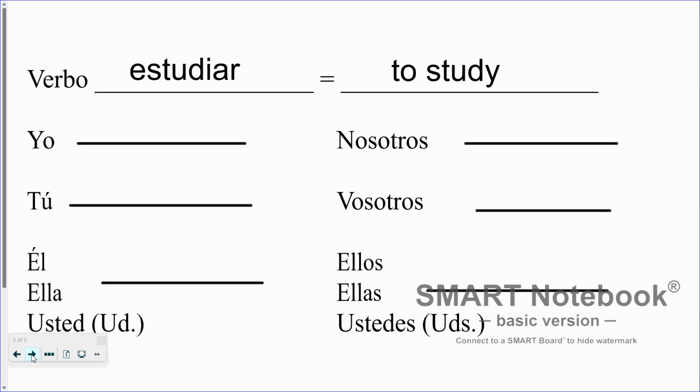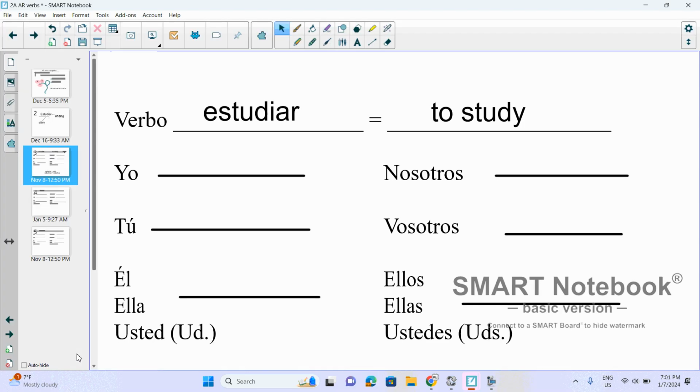Now, when we use verbs in whatever language, they can change based on the subject pronoun that's being matched with it. For example, if we took the verb to be, we don't say I be, you be, he be, we be. We say I am, you are, he is, etc. It changes every time for every person or subject pronoun. The same is true in